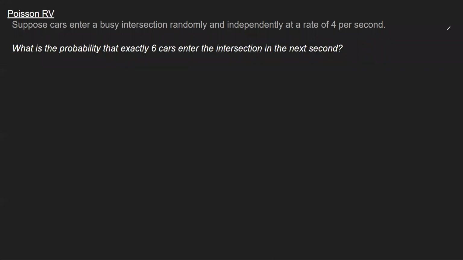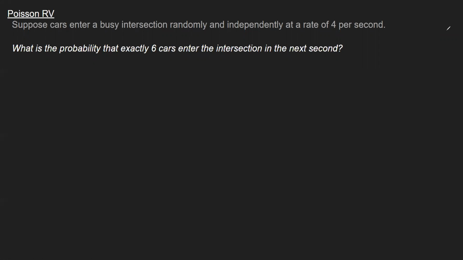Hello everyone, welcome to another PSAT example. Today we're going to look at the Poisson random variable. This is one of the primary counting random variables that behaves in a certain way. And we'll look at the details of this particular example, work through the formula, and see how to use